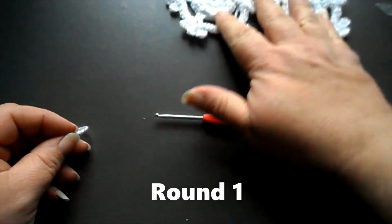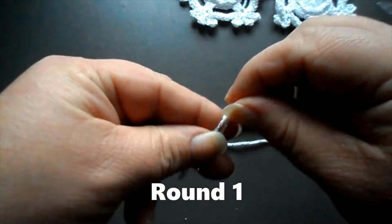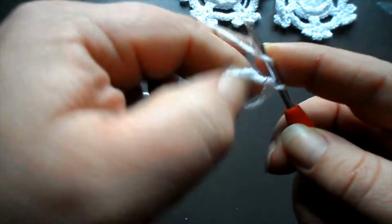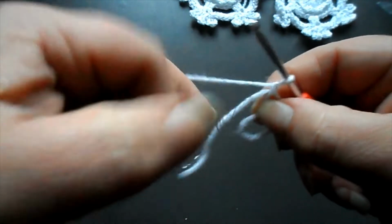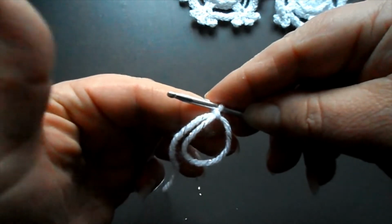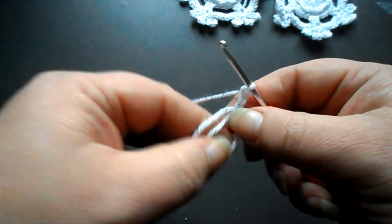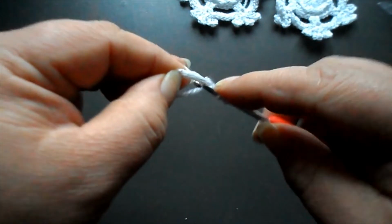Right, first of all, we need to make a slip ring. And if you're not sure about how to make a slip ring, I do have a tutorial on how to make a foundation chain and crochet ring. With a slip ring, of course, you need to work over that tail so you can cinch it all up at the end. So chain one there to connect, chain two more. It does say chain three, but I think chain two is enough. And then into that ring